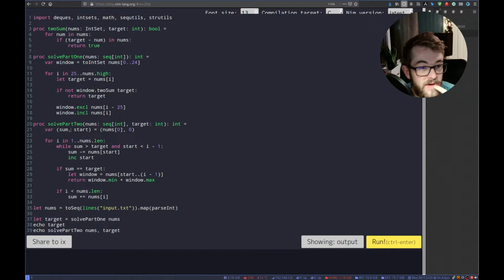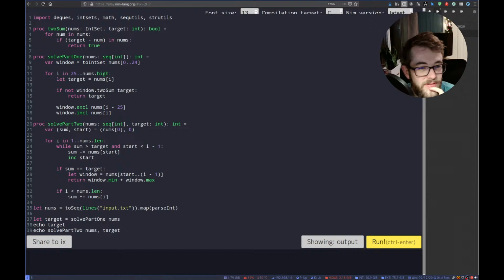Yeah, okay. And then solve part 2, you pass in the target. Oh wow, this editor really doesn't like being zoomed in. Those highlights are not very good.